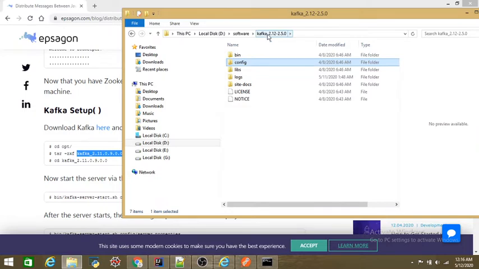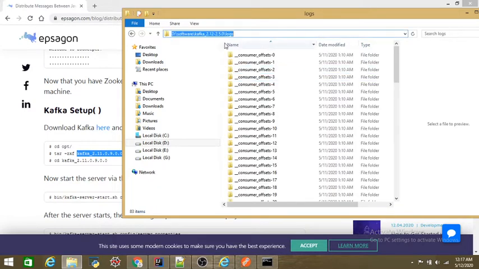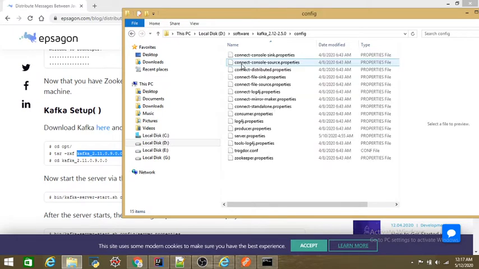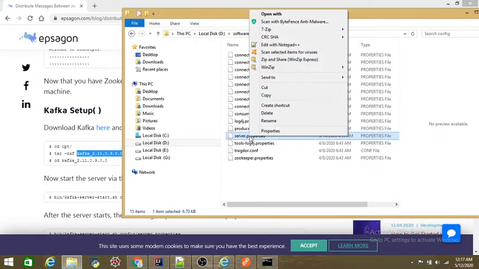Now how to do the configuration in Kafka, as we did for the Zookeeper. We created a data folder and we gave the data directory path inside the zoo.cfg. Here there isn't much configuration, but you have to give this log path. Just copy this log path and provide it inside your server.properties.